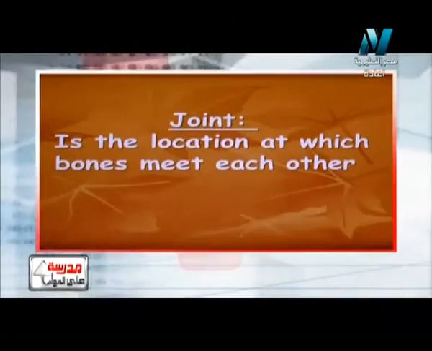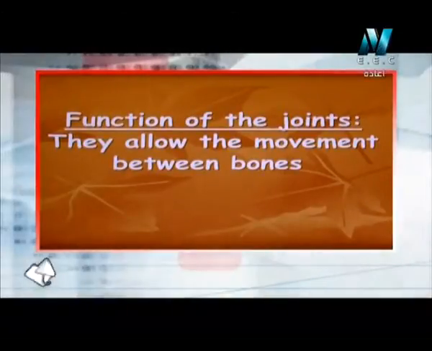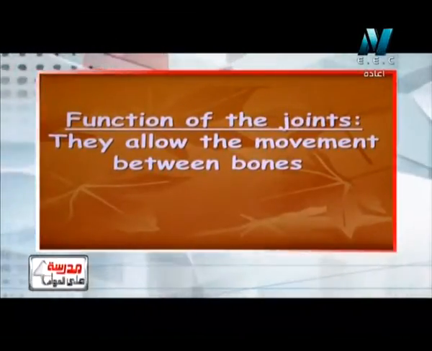Okay, so Muhammad explained all the joints today in this short question. Muhammad, I think, is a very excellent pupil who knows all about the joints. The joint is the location or the position at which bones meet each other. And we have three types of joints, which are immovable joint, slightly movable joint, and at last freely movable joint. So again, joint is the location at which bones meet each other. And also we have many important functions for the joint, in that it allows movement between bones.